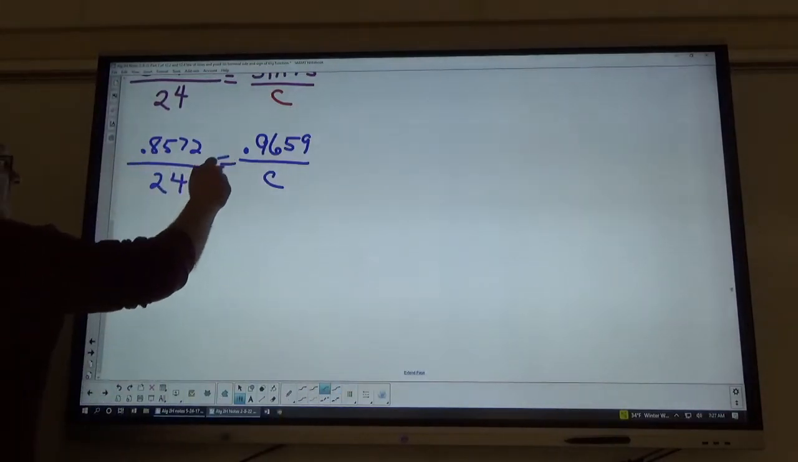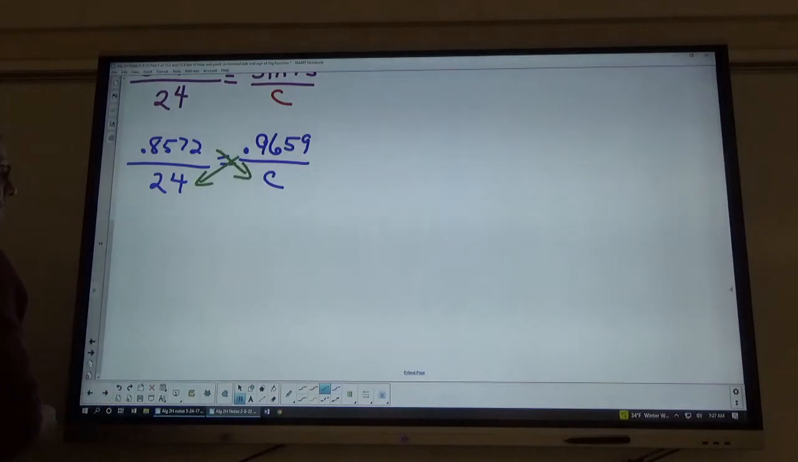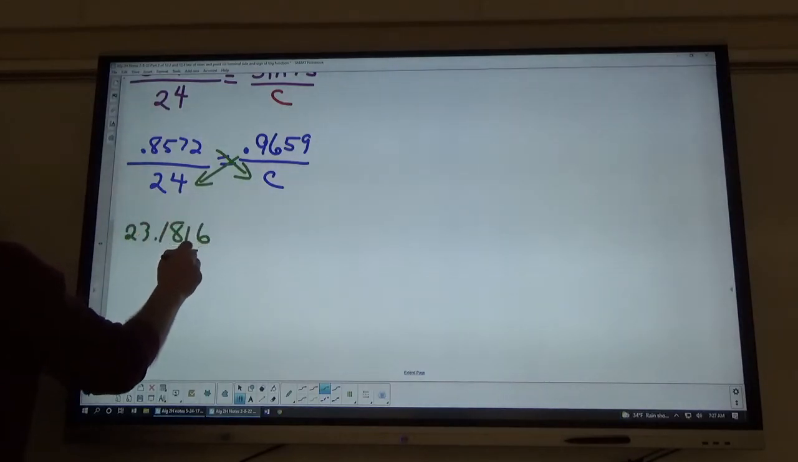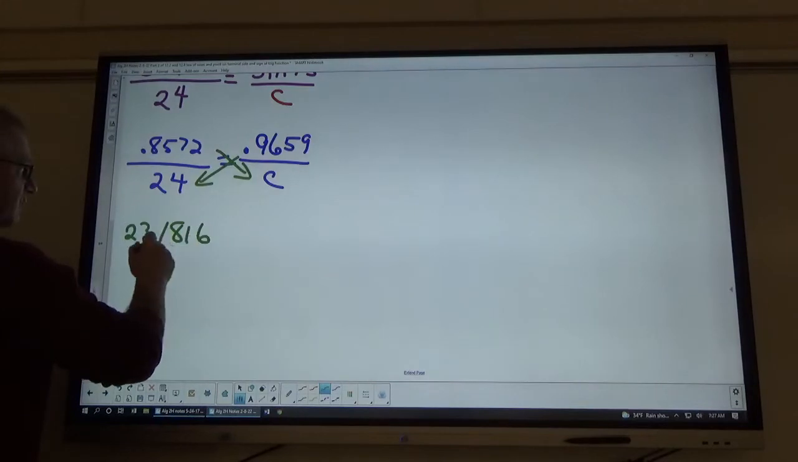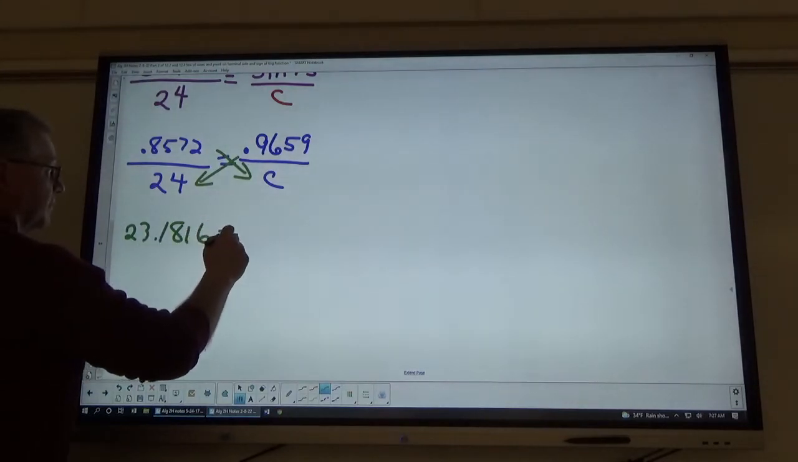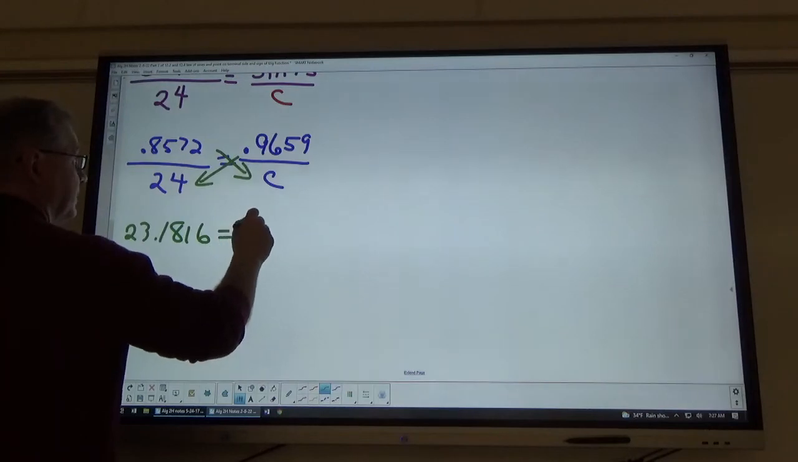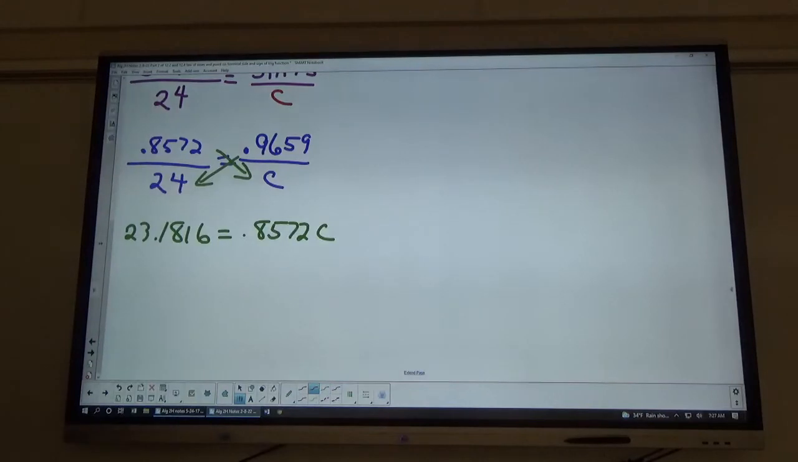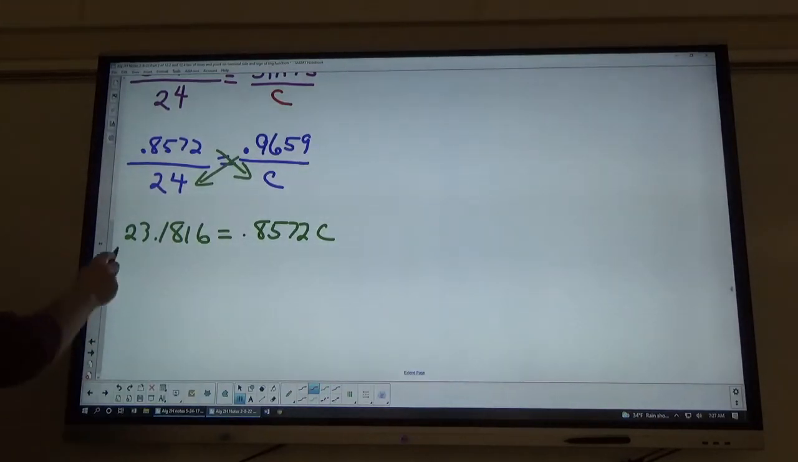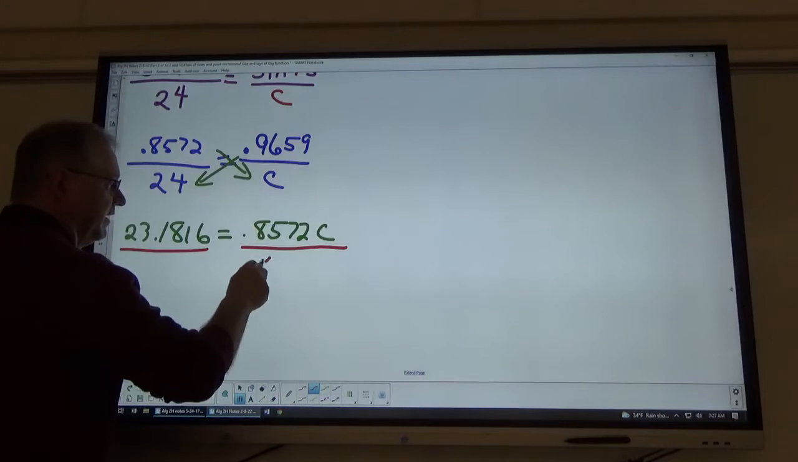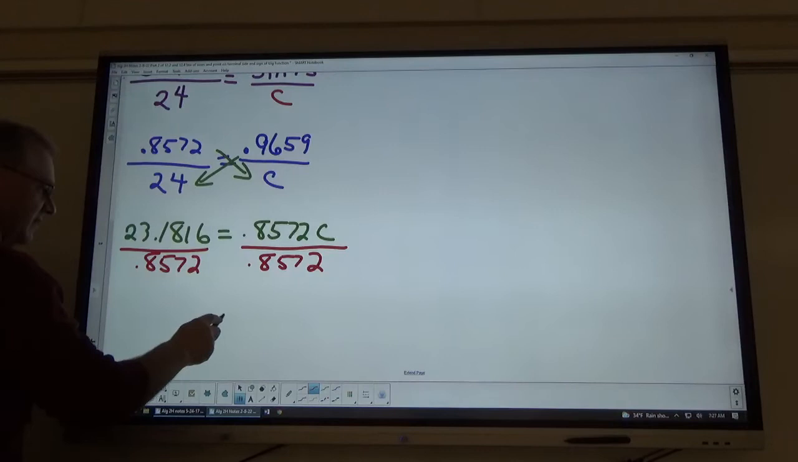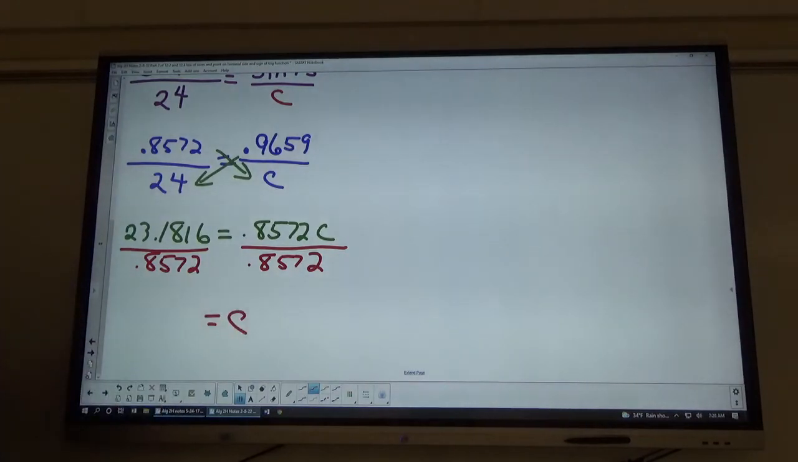We're going to now cross multiply to find the values here. This comes out to 23.1816. Do not simplify this or round this until the very end. And the other is 0.8572C. I now need to solve for C by dividing both sides by 0.8572. That gives me C equals